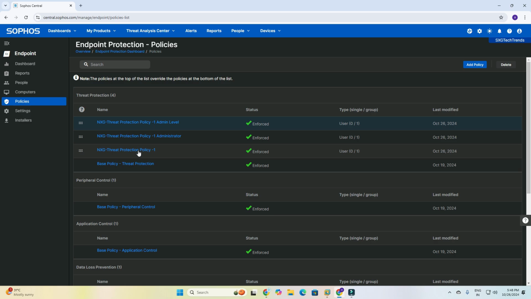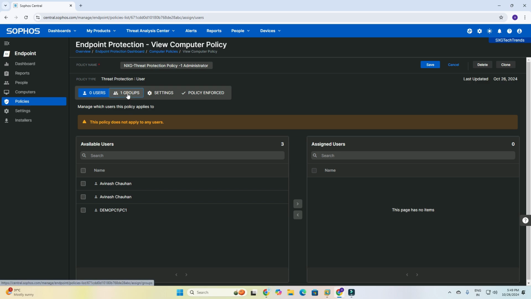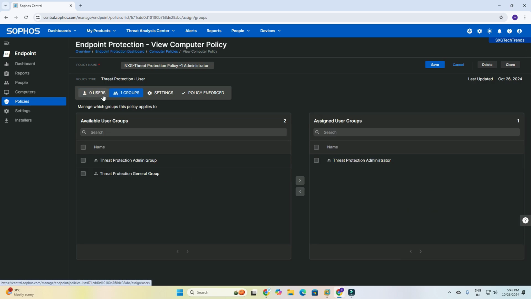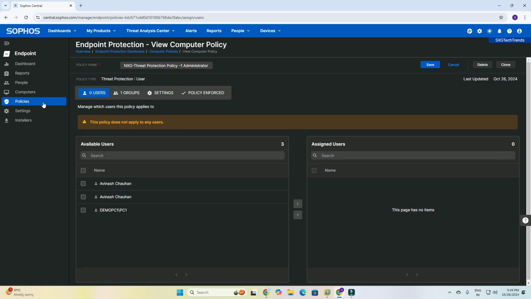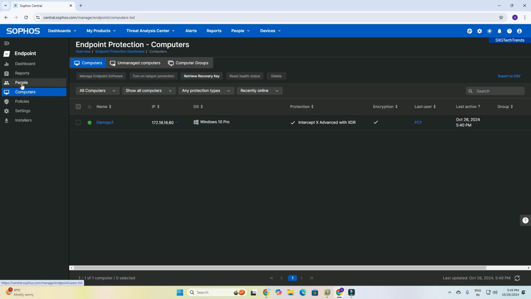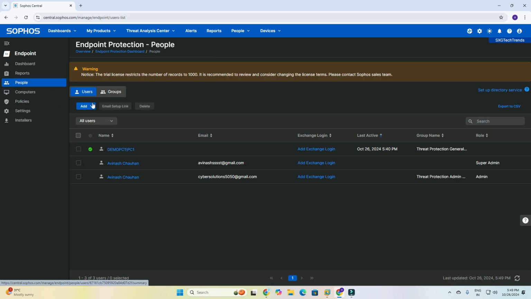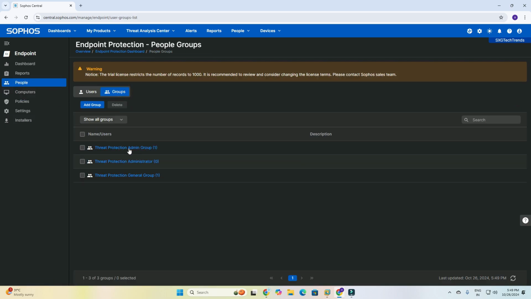So you can create policies like these, and you can add a group in this policy. You can add a group or you can add a member. You have two options. And if you want to add a client, then you need to go to this section and group. Then you can add here which users are required in which group. You can create like this. If you create it, then you can manage in the easiest way.